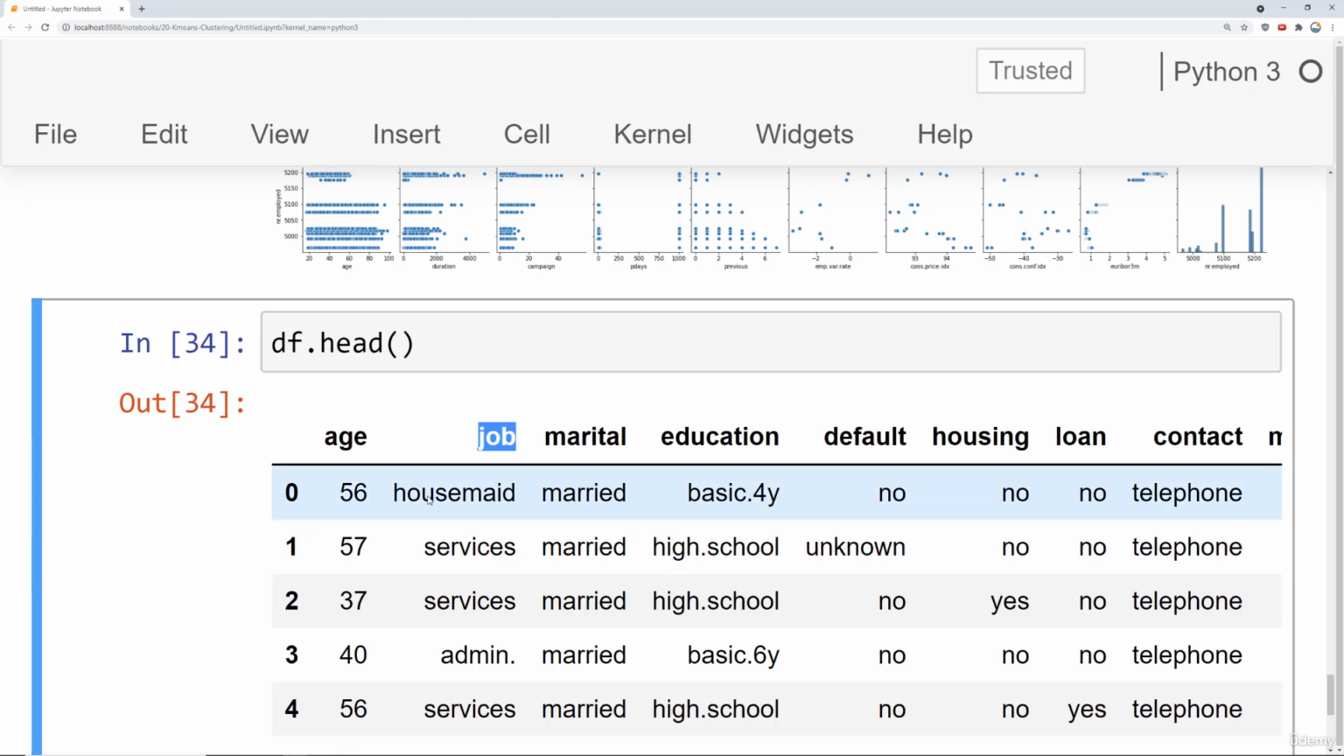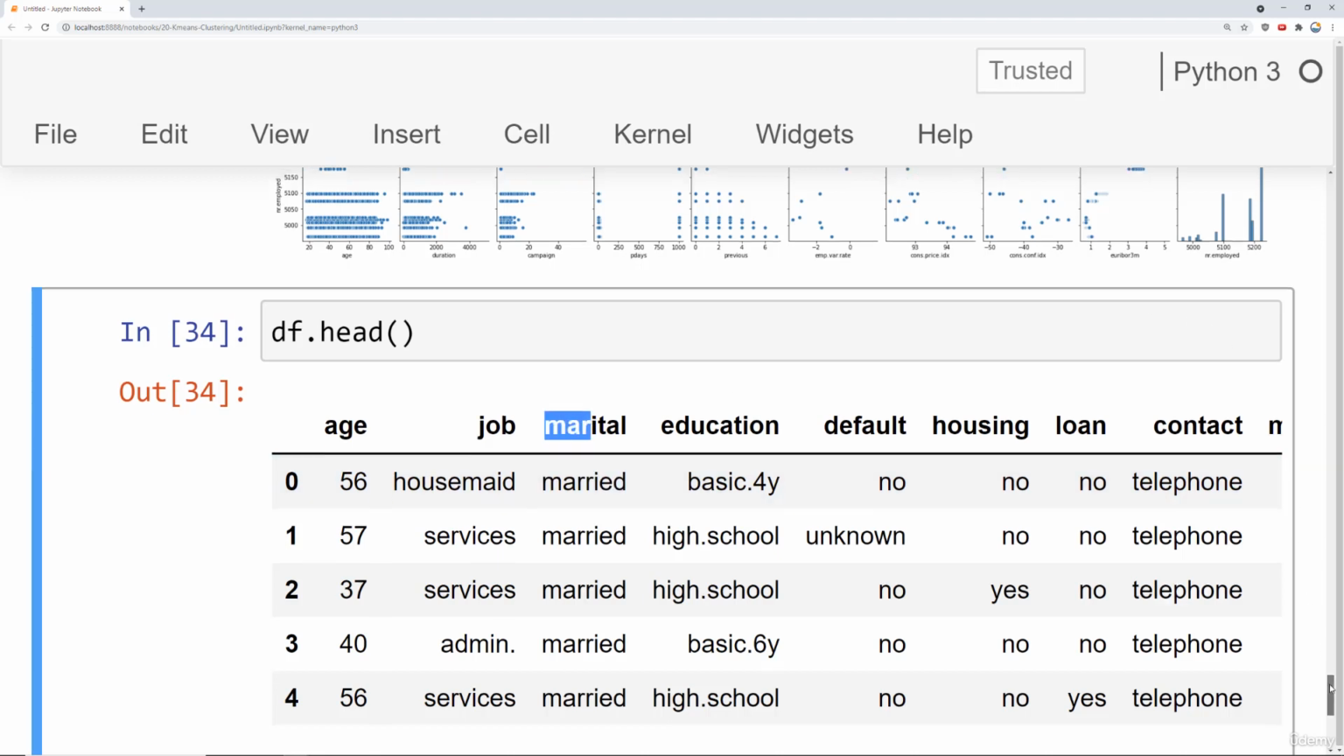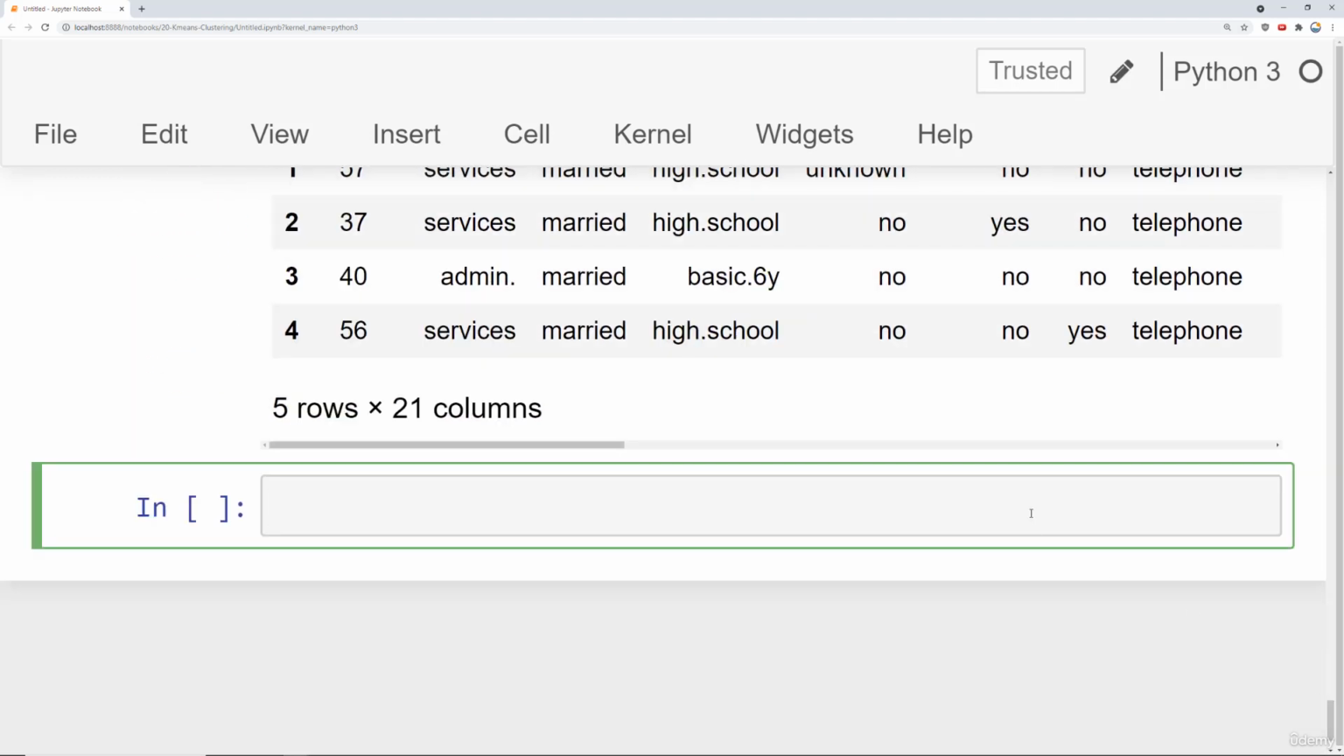I can't really check the distance between something like housemaid and married, but I can check the distance between a 0 or 1 value in job and a 0 or 1 value in marital status, which means just as before, we need to actually get dummy variables. And we also don't really need to worry too much about dropping the first value with the issues of the dummy variable trap or multi-collinearity, because this is unsupervised learning, which means we're not going to get some sort of